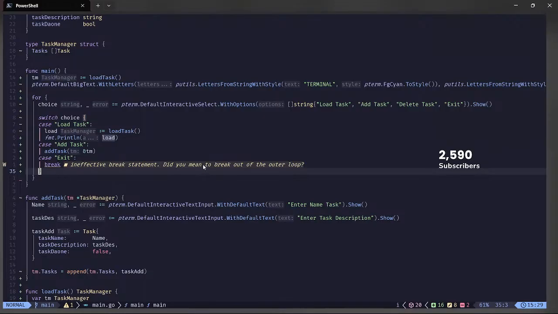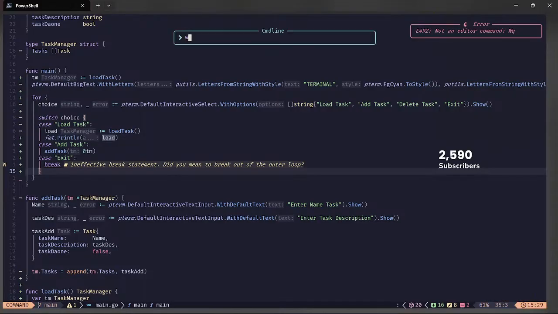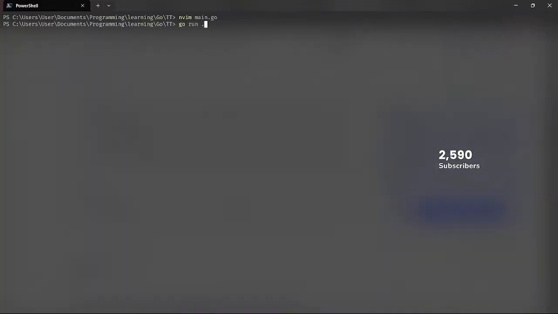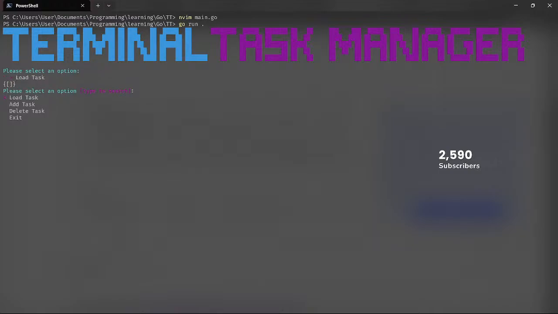Right, that's good, right? Like you can load the task, there's no task, let's add the task, pack, pack, load the task. Oh no,